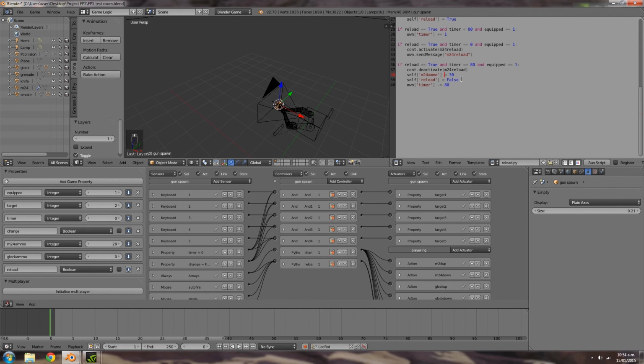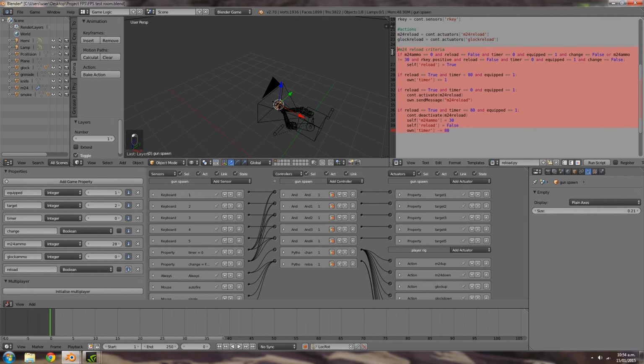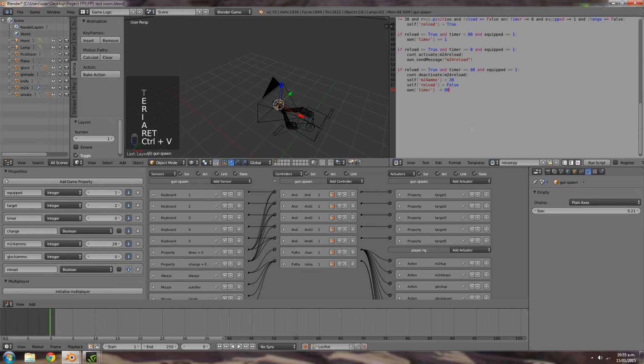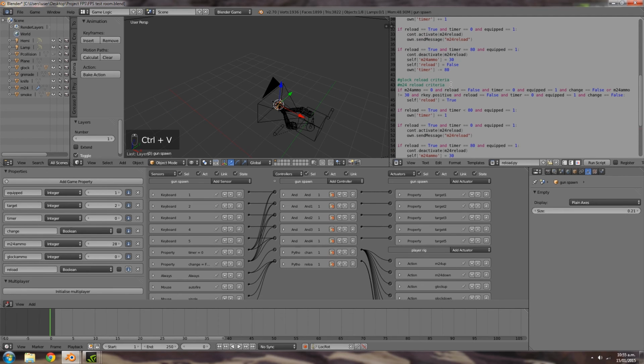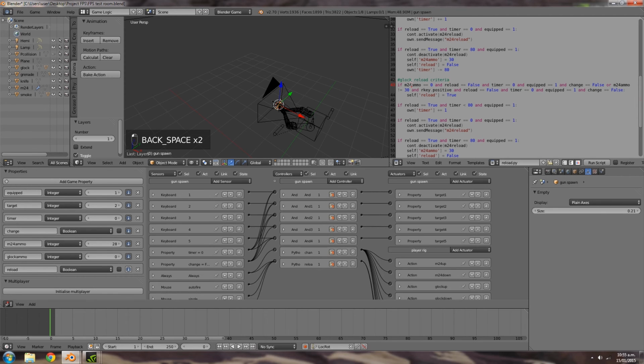Now we'll do the Glock. So select all of this, Control C to copy, enter, and then enter again. We'll do a pound symbol or hashtag, and then type Glock reload criteria, enter, and then Control V to paste, and delete this part. Okay, so instead of M24 ammo, we want to check Glock ammo, reloads equal to false,